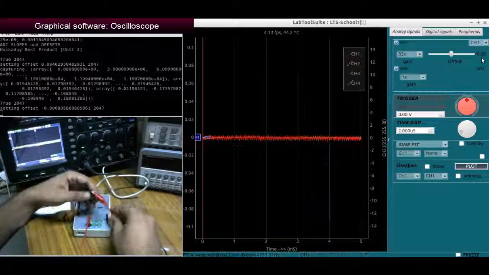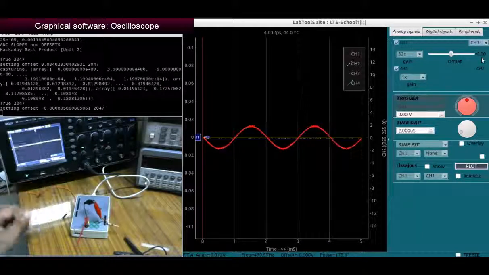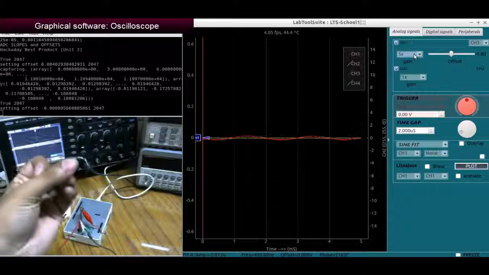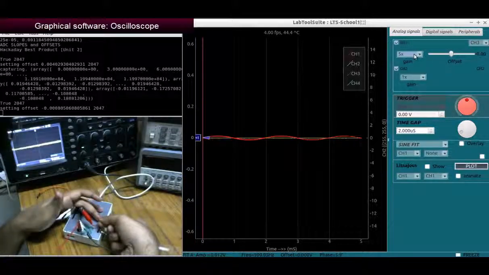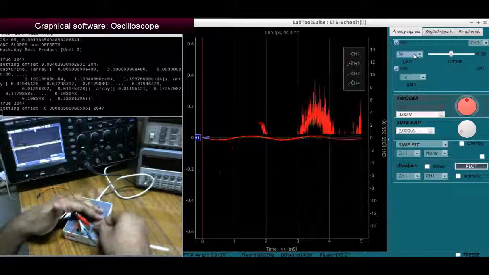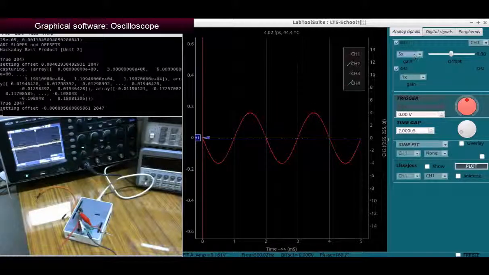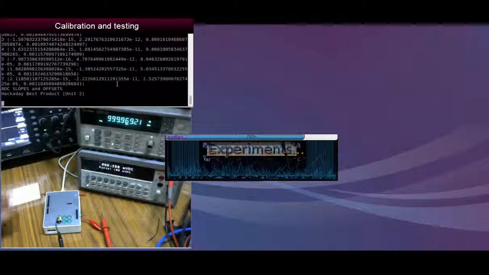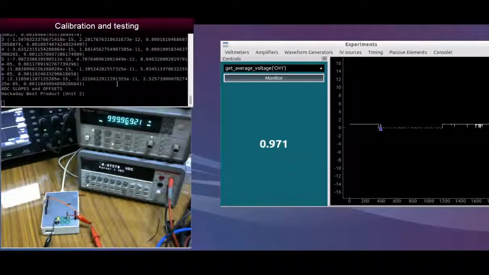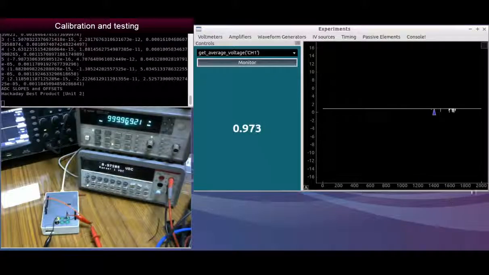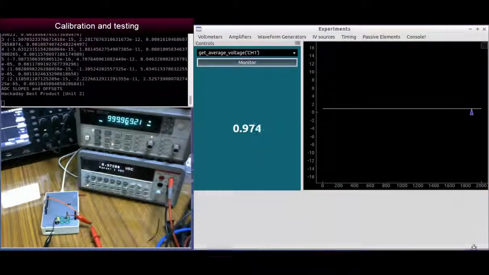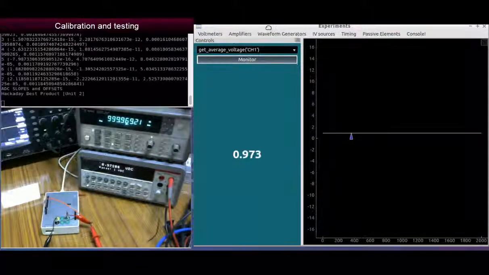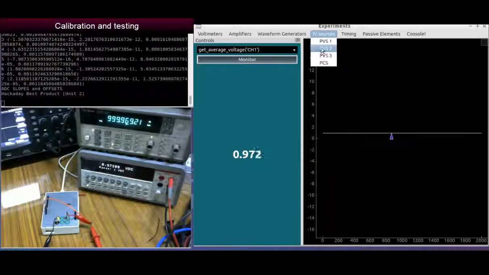Various Python modules such as NumPy and SciPy are used for interpreting the data and extracting meaningful parameters such as offsets and frequencies. The oscilloscope app shown here can access a variety of analog inputs which have several different input ranges and types. Special care has been taken to calibrate the inputs in order to achieve maximum performance. Here you're watching a comparison with a Keithley 2100 multimeter. An onboard voltage reference ensures that the calibration is valid over a wide temperature range.